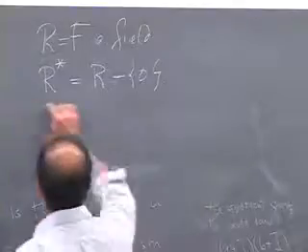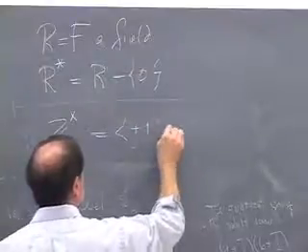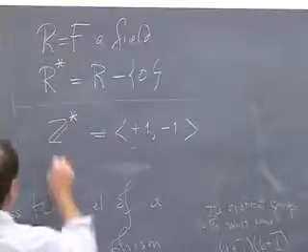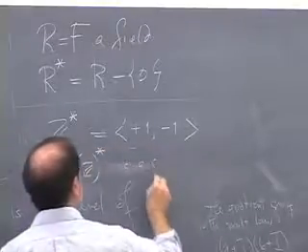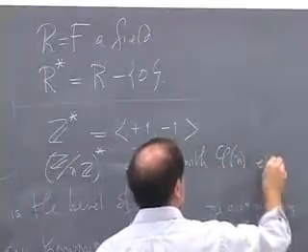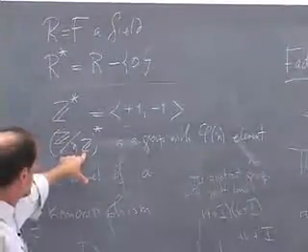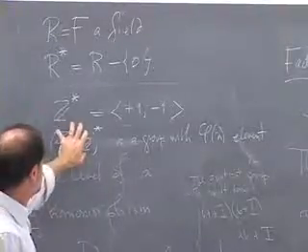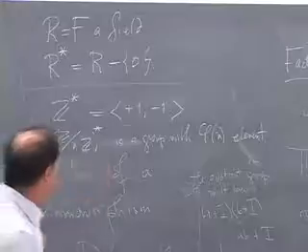But this is very unusual. If you take Z star, you just get the group with 2 elements. There are only 2 invertible elements in the integers. If you take Z mod nZ star, it is a group with phi of n elements: the Euler number, the number of things between 1 and n that are relatively prime to n. Because invertible in this ring means relatively prime to n. And this is a very interesting group whose structure was first determined by Gauss. It's not obvious what the structure of that group is. It's an abelian group